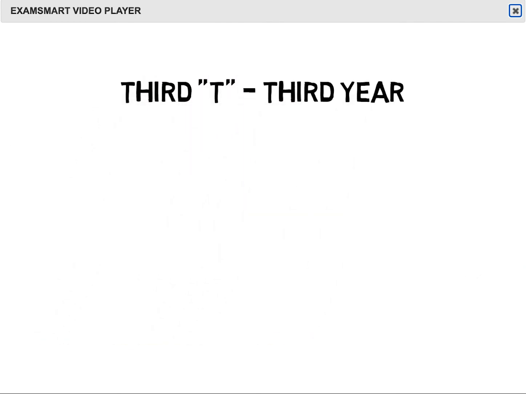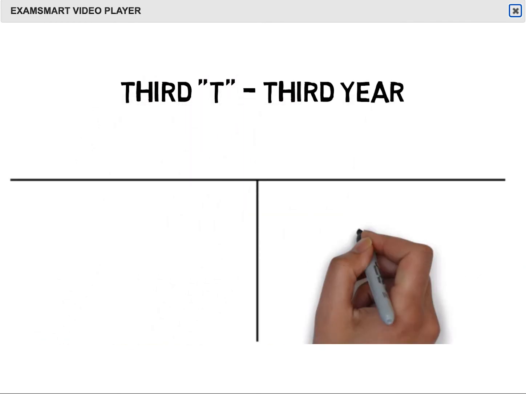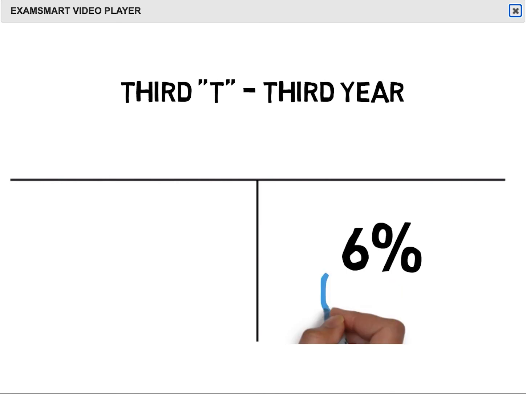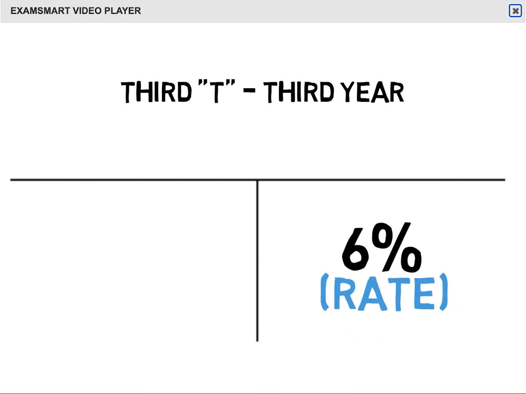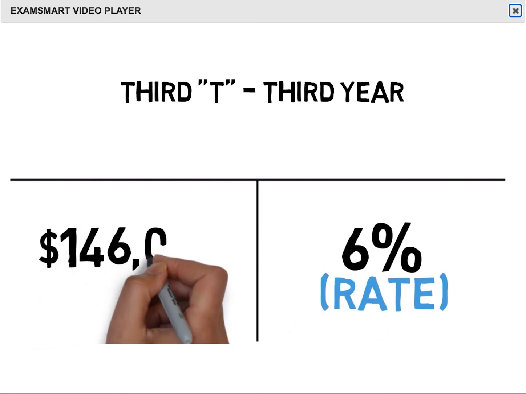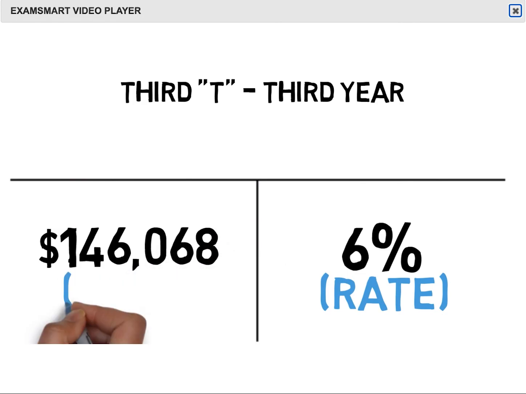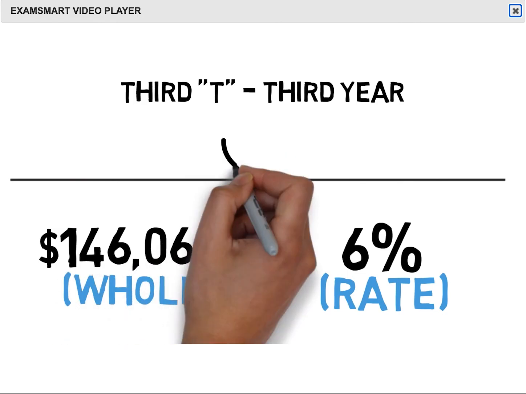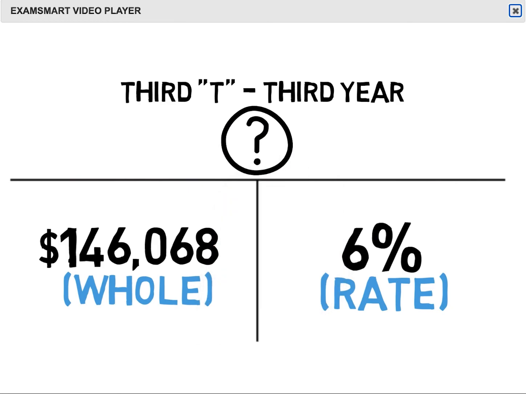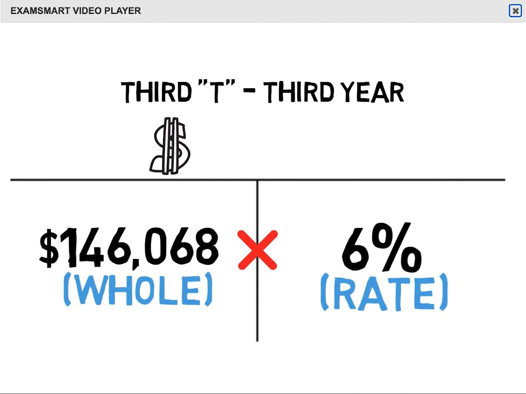We then go to our third T. Our 6% appreciation again goes in the bottom right. Our value for year 3 starts out at $146,068, which goes in the bottom left for the whole amount. So we will take $146,068 times 6% to get an increase in value in year 3 of